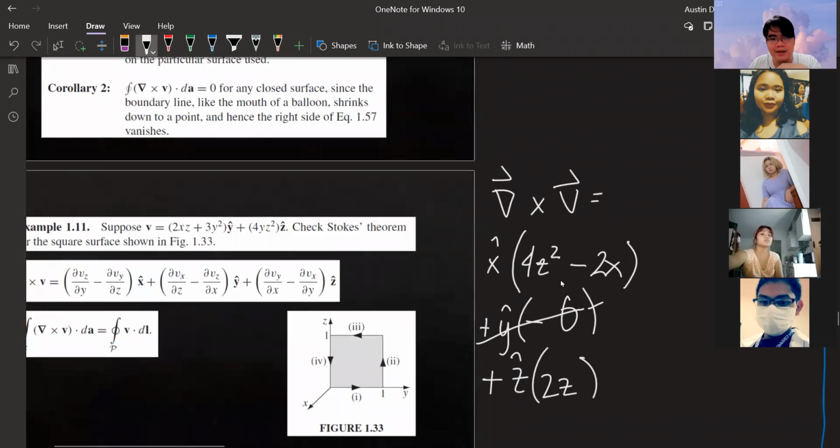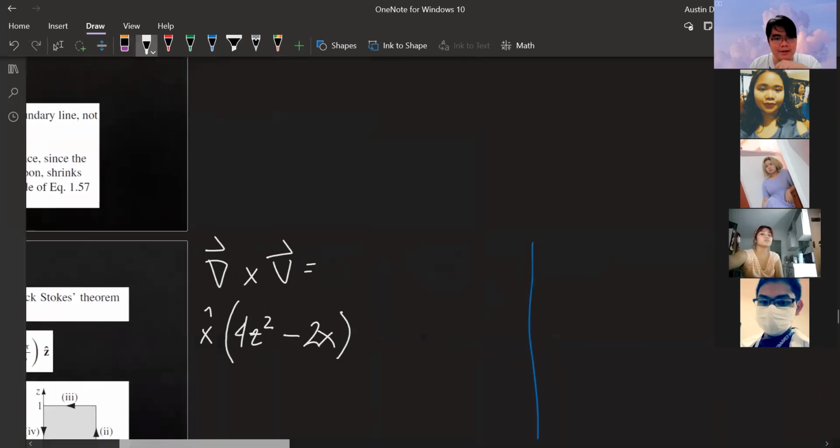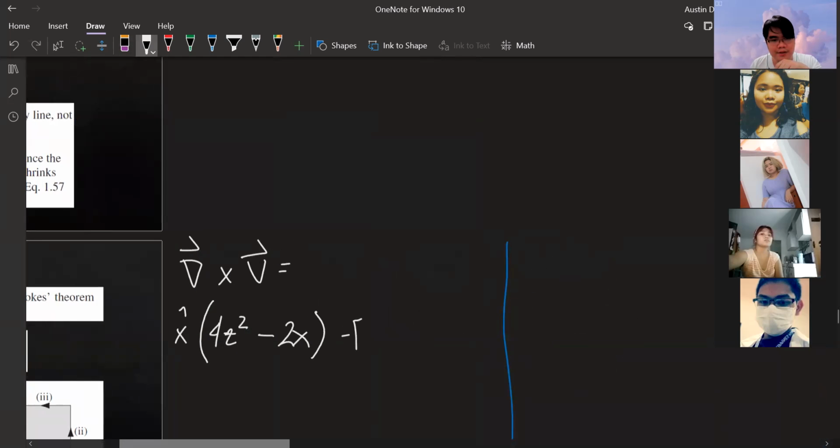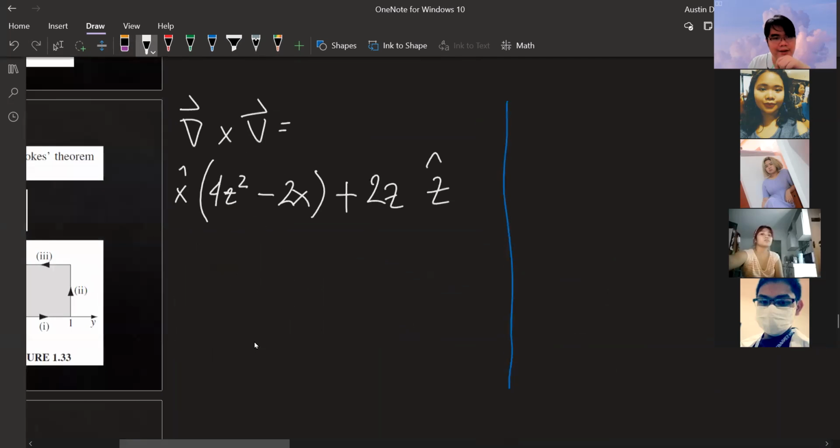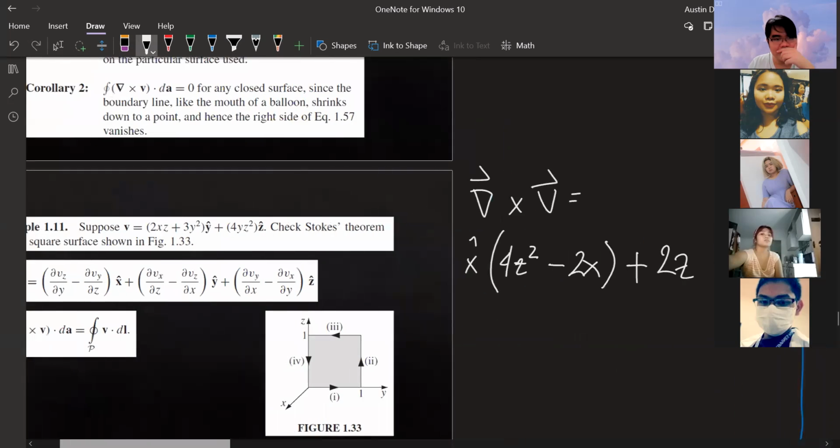Okay. Ayan. So, meron tayong dalawang term. So, delete na lang natin to no, para hindi nakakalito. Delete natin siya. Rewrite na lang din natin. 2z z hat. So, I'm just gonna rewrite things. Plus, oops, sorry. 2z z hat. All right. And what's next is yung